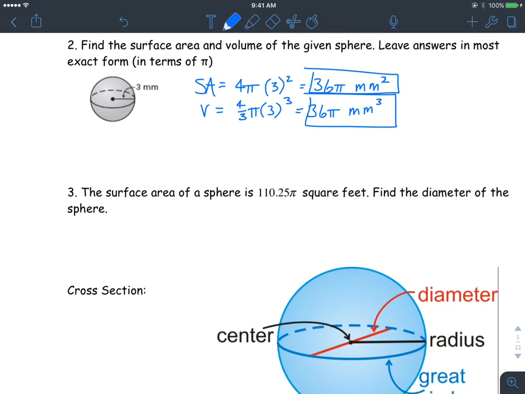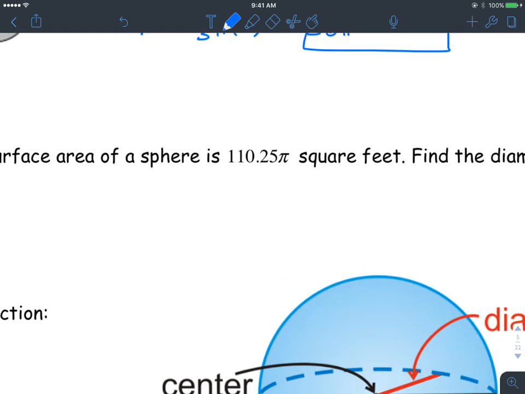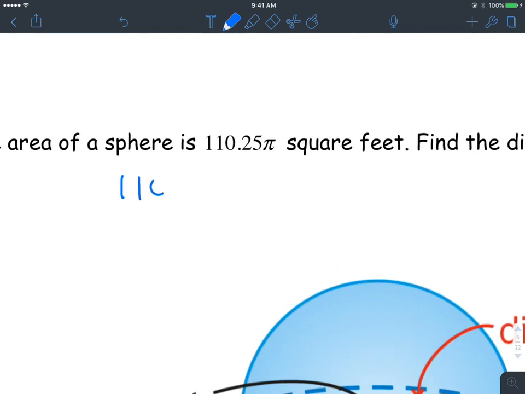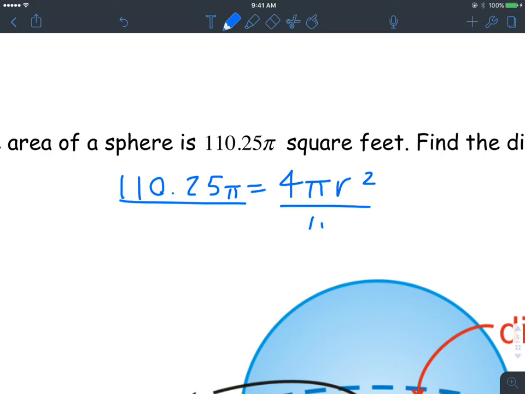Okay, last one here on the sphere. This is kind of like the cylinder problem where we need to work backwards here. So the surface area is 110.25 pi. So that's equal to our 4 pi r squared. And then the whole idea is, let's get r squared by itself. And just like that previous problem, we can cancel out the pi's just by dividing by pi. But then at the same time, we need to get rid of that 4. So we're going to divide both sides by 4. Whenever you do that, you get,